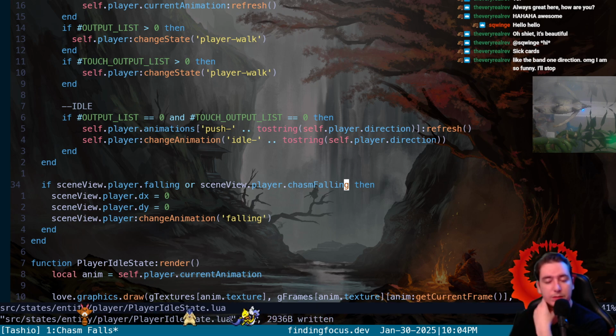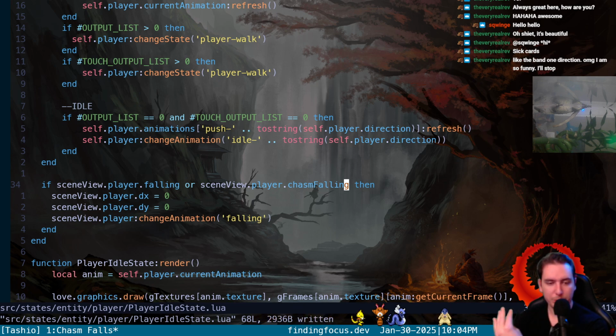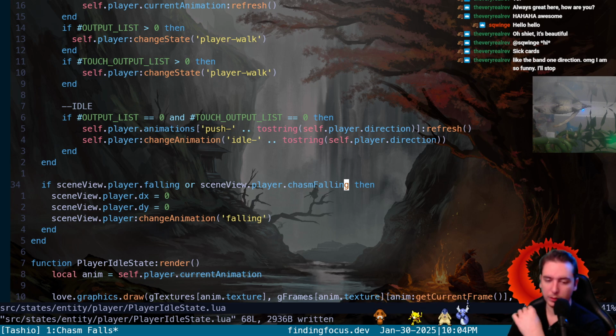the whole reason to do this chasm falling separately was so that if we collide on an orthogonal boundary of a chasm, we would just be tweened perpendicular, like just pulled, not any of this diagonal stuff if we collide orthogonally. So it's really tough to figure out that. I mean, I guess